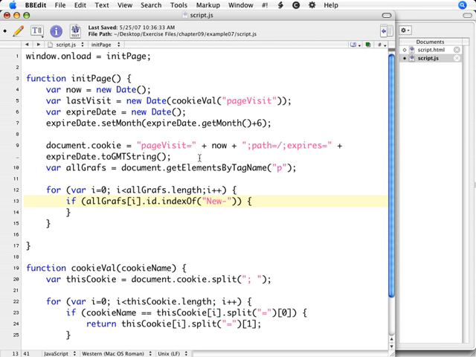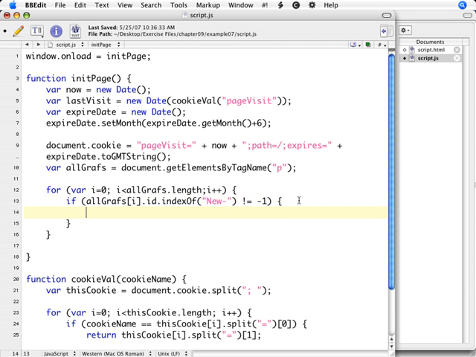They all started with new, if you recall. If indexOf is not equal to -1, so in other words, we found the text new dash inside the ID of this paragraph, then we want to call a new routine we're about to write called newCheck and